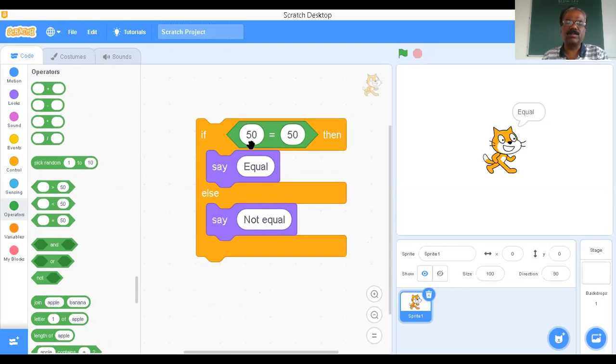execute this block. Suppose here I'm going to put some other number 40. If you execute this particular code, that is not equal. 40 equal to 50, no, means it's going to execute else block. Therefore, if you want to make decision, then we have to go for control block called if statement or if else statement. We're not executing both the statements. Either you have to execute this statement or this statement depending upon the situation.